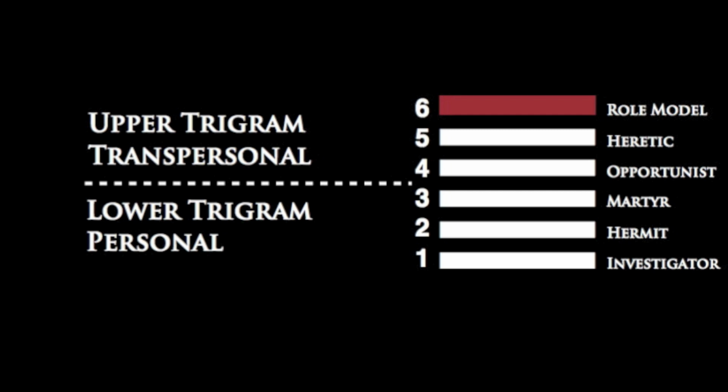Embodying the whole hexagram in and of itself, in a way of being a role model, in the way of being an overseer. And 6th lines could actually be good teachers, but it's not as if they're playing the role of the 5th line, which makes natural teachers and showing people things. It's as if the 6th line is teaching through merely being, in a sense. Being a pure role model and being a pure self. And a fully embodied self is what the 6th line teaches people. And it doesn't matter what they're doing. They might be a teacher. They might be a car mechanic. They might be an executive. They might be whatever. But what the 6th line exudes is a kind of beingness that is pure unto itself.